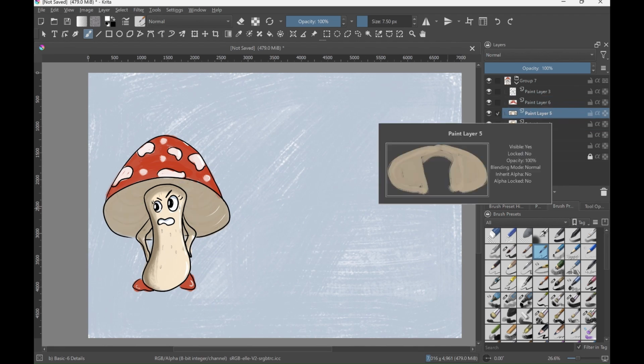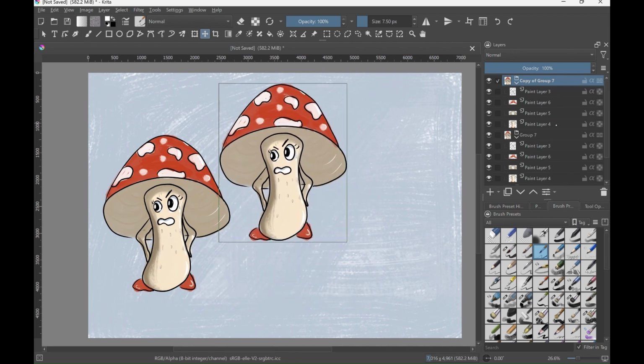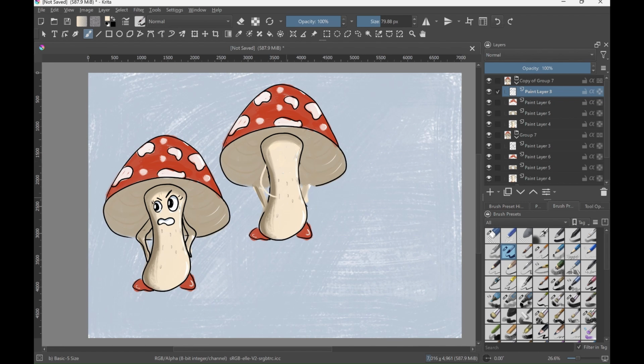Basically, I took this group, I duplicated it and just erased some parts and changed the gesture, keeping the mushroom and changing the facial expression. I used some facial expression references, of course, but sometimes I just let my imagination play and enjoy this type of exercise because it's quite creative. And after the annoying one, I wanted to bring some peace and some equilibrium in the picture, so I decided to do a namaste mushroom. She's very at peace, she's very chill,